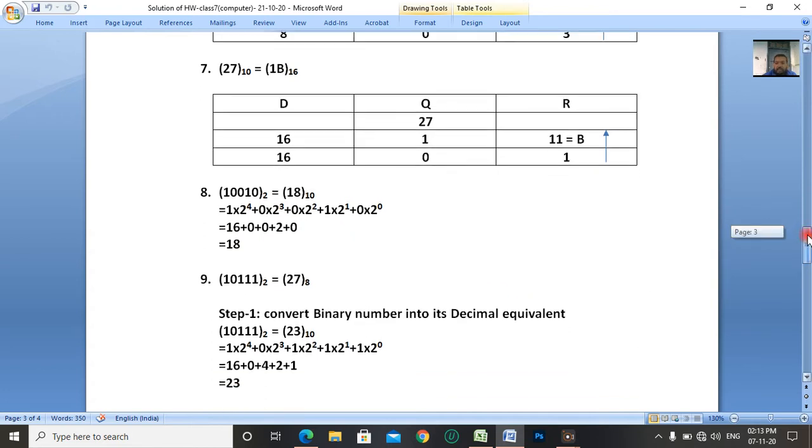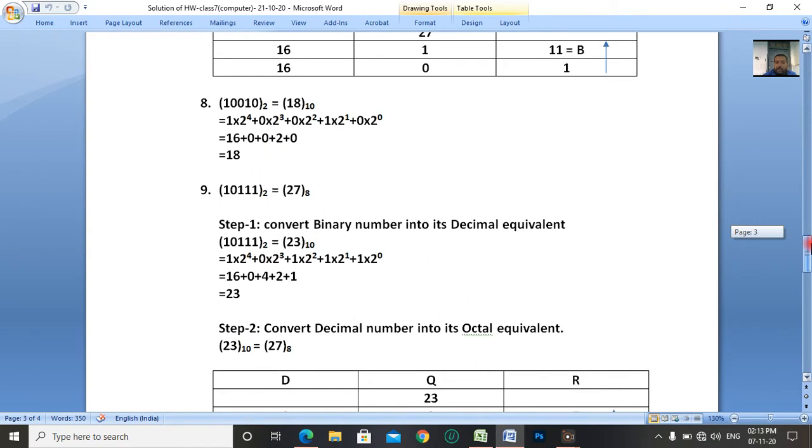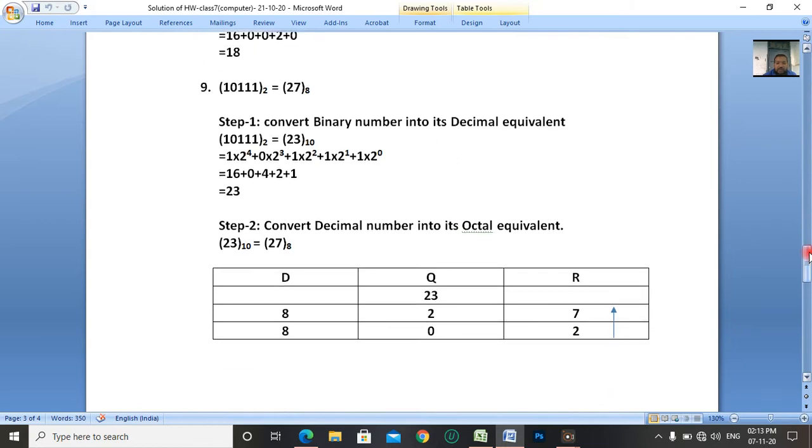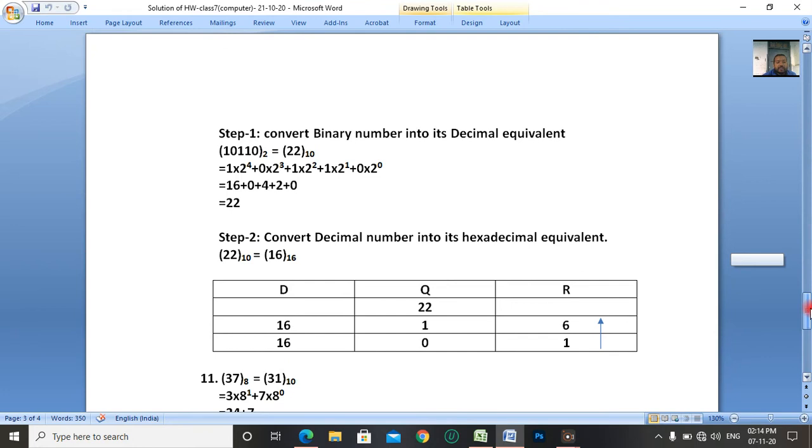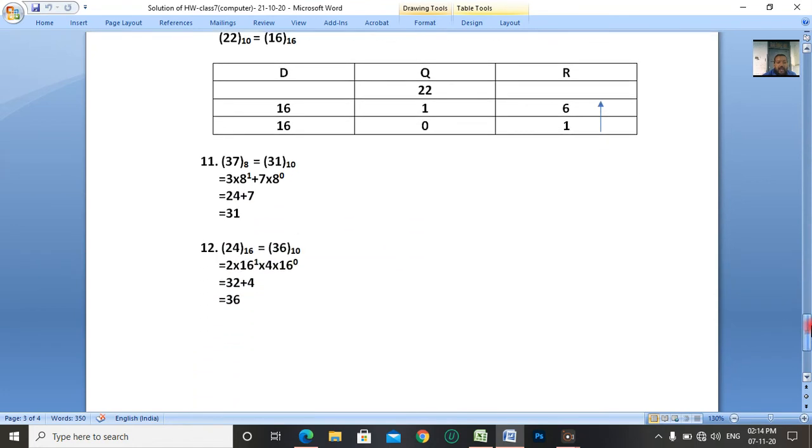Okay students, if you have any problem, just recall your last video. Now converting a binary number into its decimal equivalent, this is the step we perform. See here, this is base 10, a decimal number, and this is the octal number. When we convert this 23 into an octal number, we have to divide by 8. It follows according to that. Now see here the hexadecimal number. This is the way we can convert or manipulate a number into other forms.